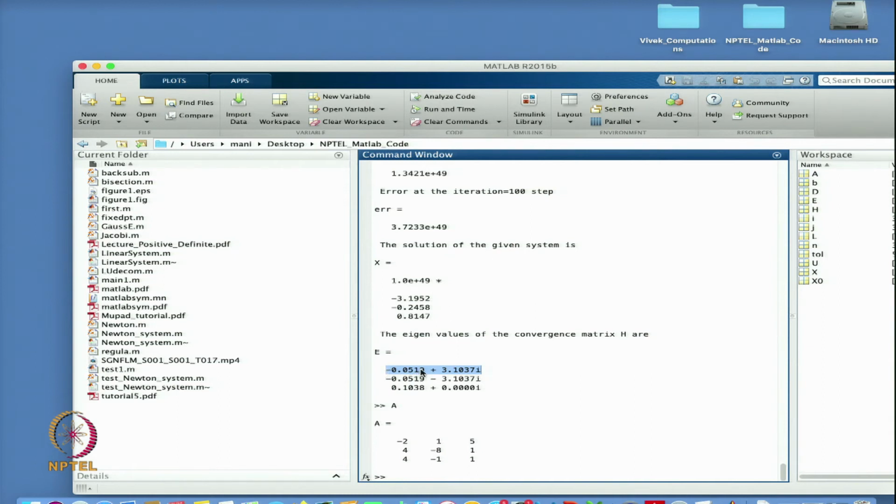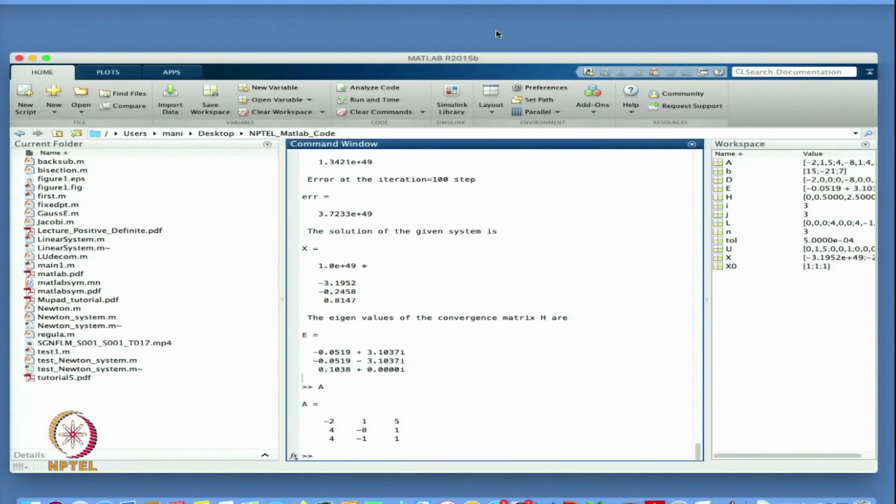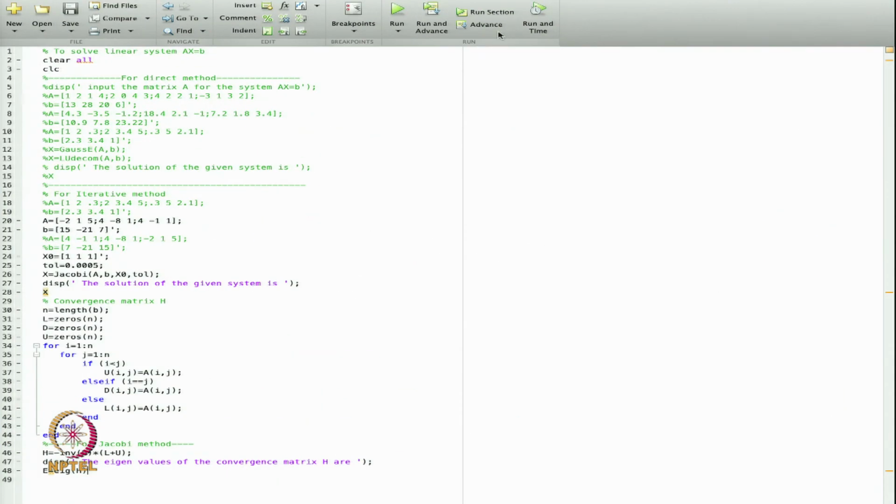If you see, for this value the imaginary part is 3, and the real eigenvalue is 0.1. So the real eigenvalue is okay, it's 0.1, but the method is not converging, so I cannot talk about this one. Now, if it is not converging, let us do the interchanging of the rows. Now I change the rows. Let us write this one.